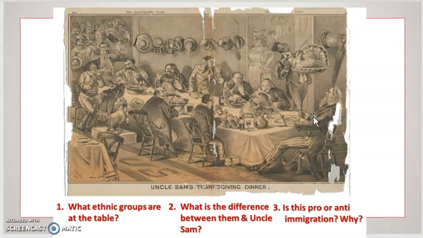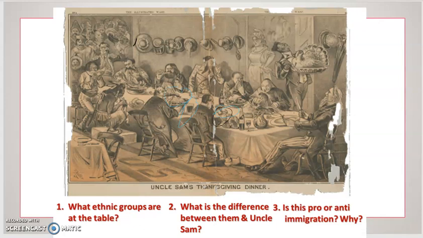If you kind of look through there, what countries are represented? They're kind of hard to see. It's kind of hard to tell. But here, this guy is eating frog legs. Let's change to a different color, see if we can see it easier. Guy's eating frog legs, so he's most likely from France. Kind of stereotypical French diet. This guy has a big old thing of beer and some bratwurst, so most likely he's going to be a